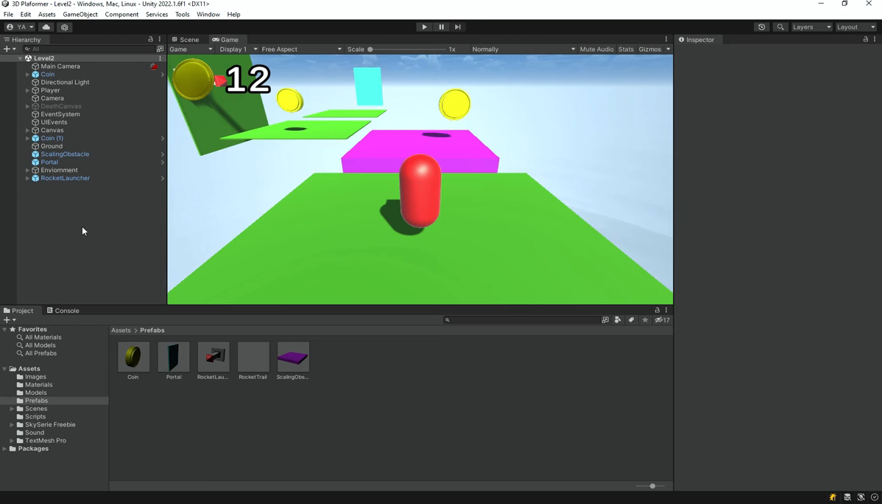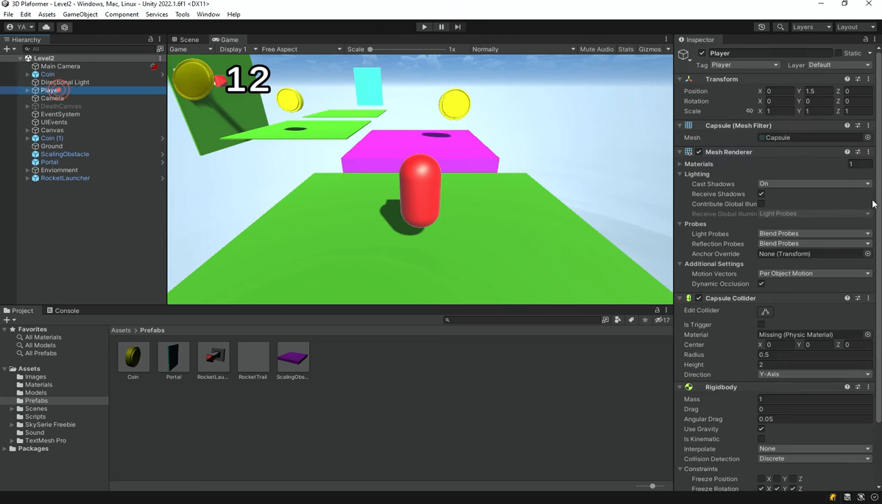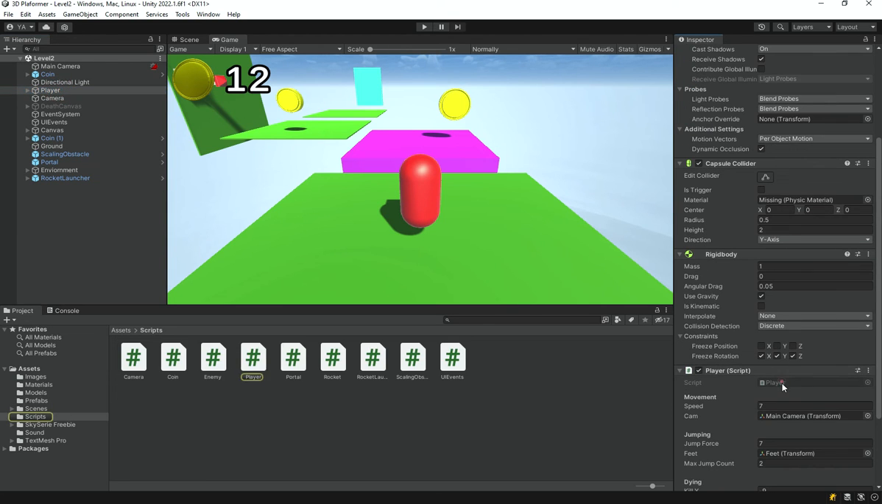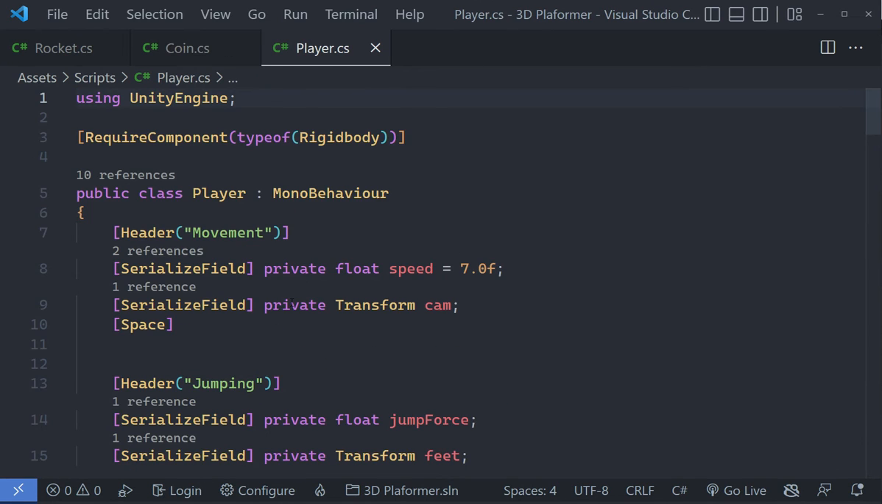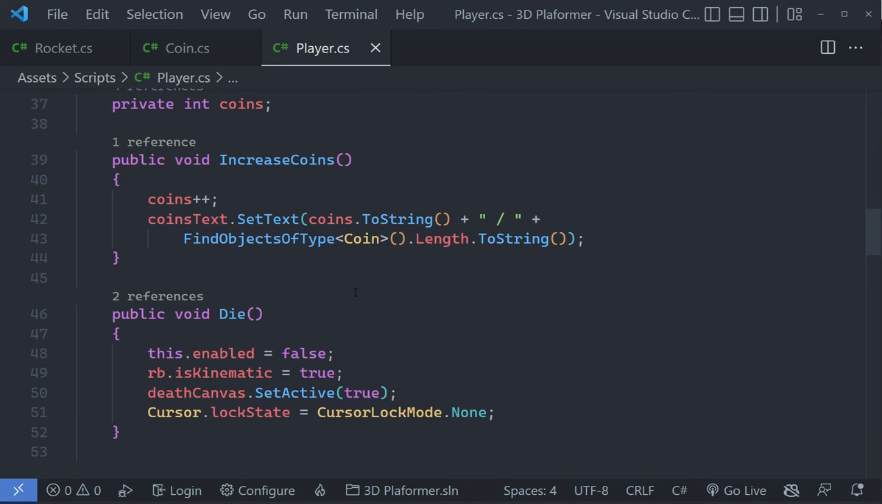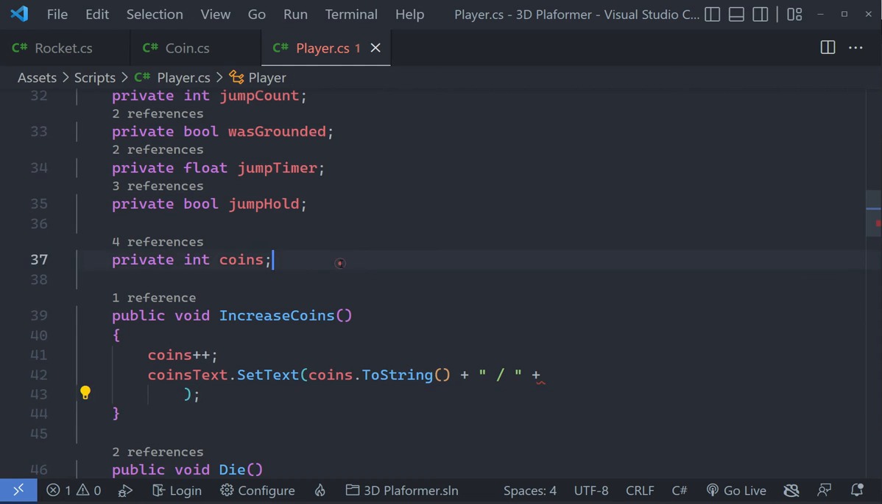So in order to fix this problem, I'm going to select my player and open up the script, because that's where the problem is being caused from. So let's go in here, and you can see that the problem is that we are executing this code every time we change the coin amount. So we need to not do that. Instead, we are going to have a